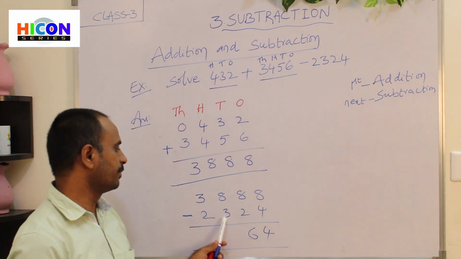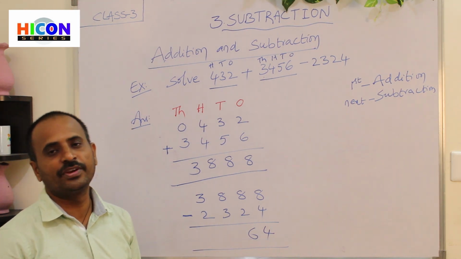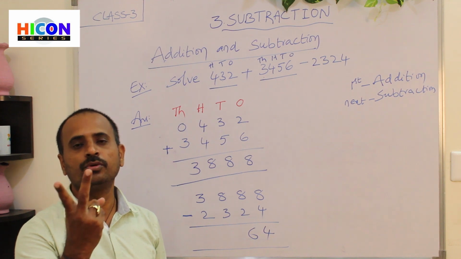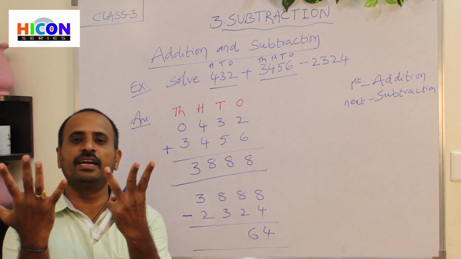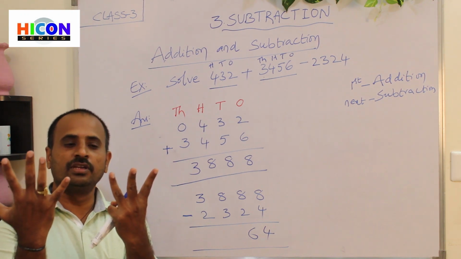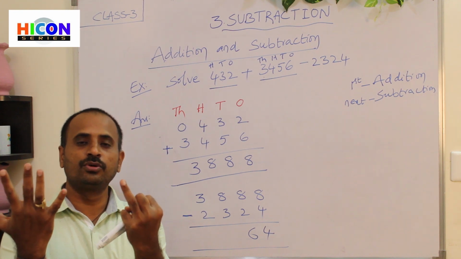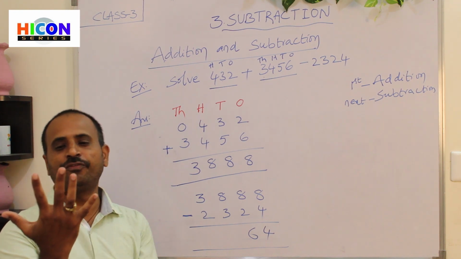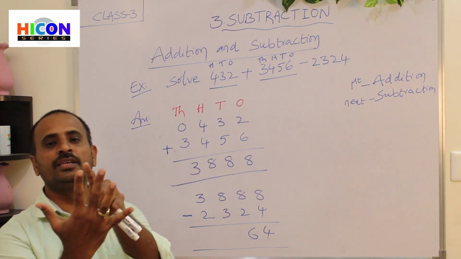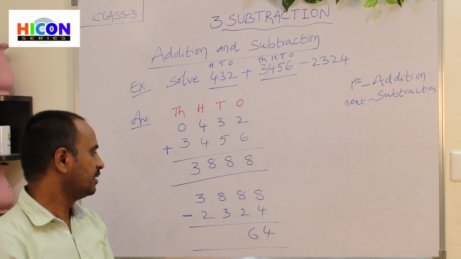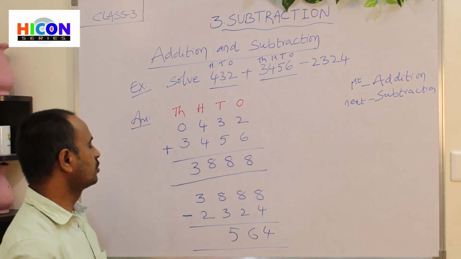Now go to the 100th place. 8 and 3 are present in the 100's place. What is the first number here? 8. Open 8 fingers of your hand: 1, 2, 3, 4, 5, 6, 7, 8. These are the 8 fingers. Children, close 3 fingers among these 8 fingers: 1, 2, 3. How many fingers are there? 1, 2, 3, 4, 5. There are 5 fingers remaining. So write 5 here.